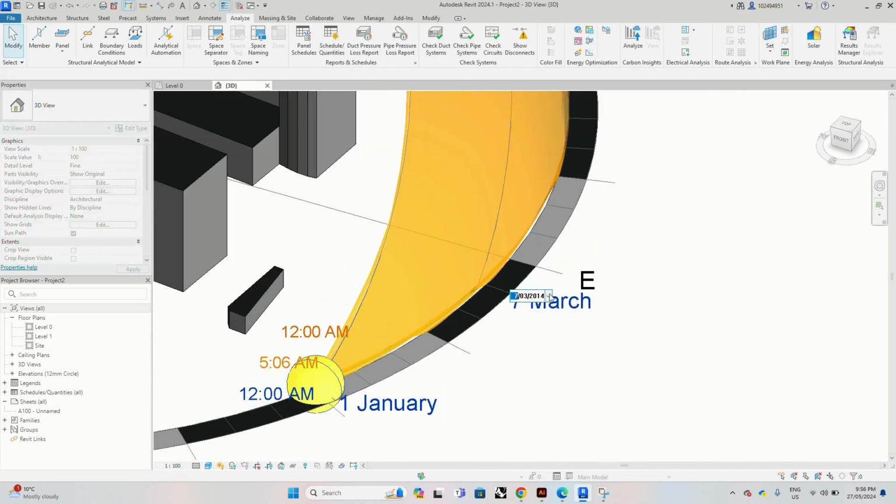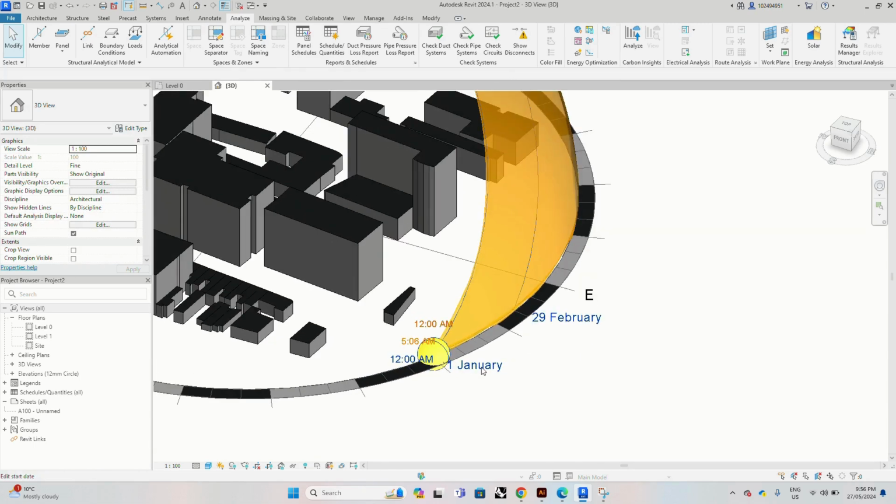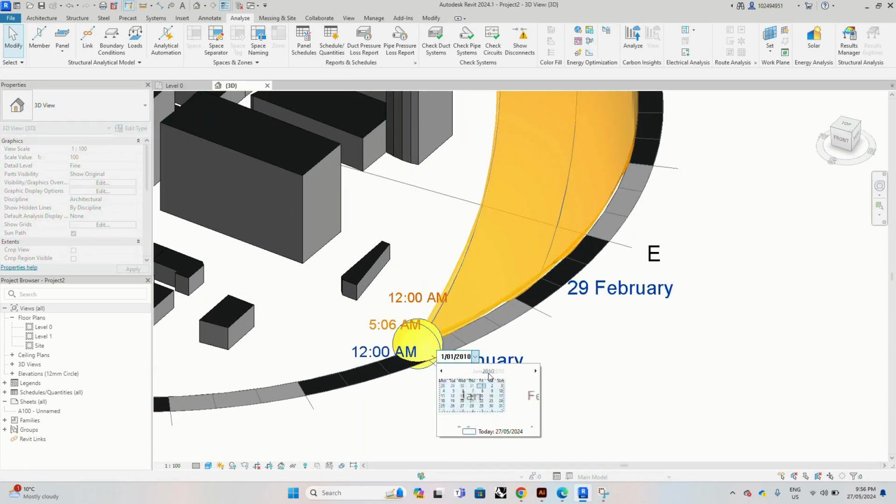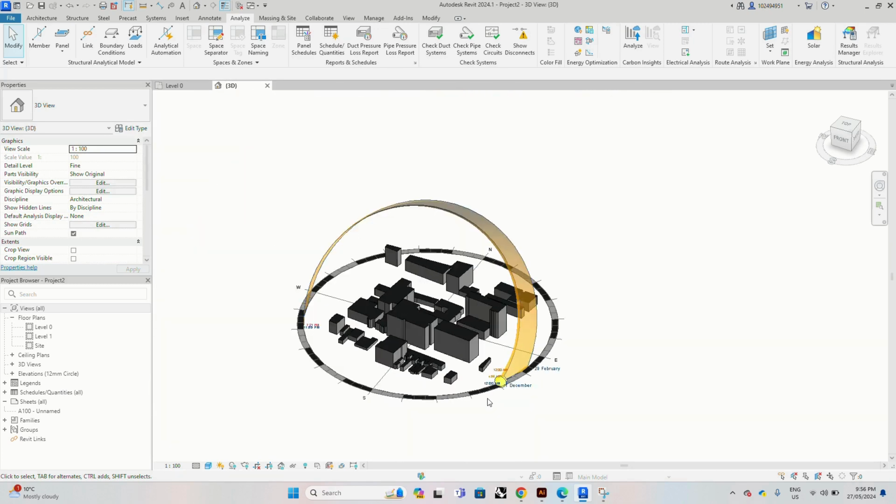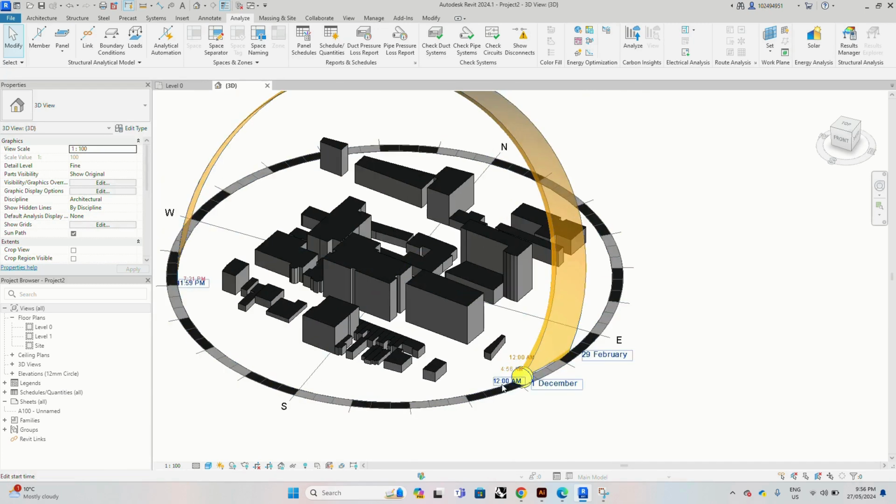We will set the end date first, and we will be focusing on summer 2023 to 2024. So the end of it is the end of February, maybe, and set this one as the start of December, maybe, and this is the sun path for